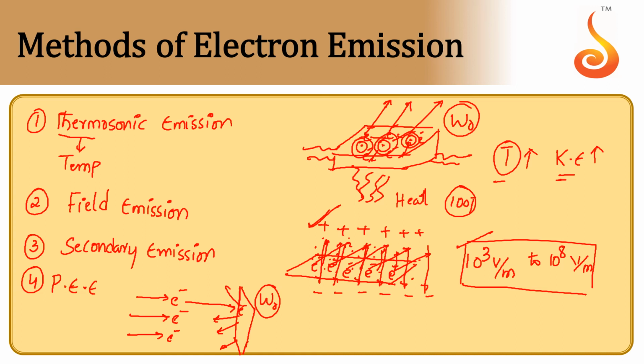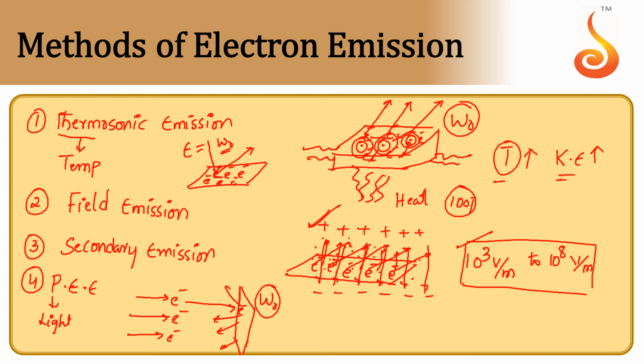photoelectric effect. So photo means light. Removing the electrons from the metal surface by using light is called the photoelectric effect. Though electrons are revolving around the nucleus, what happens when a sufficient amount of light energy falls on the metal surface, if the energy of the light is equivalent to or greater than the work function, then what happens? The amount of energy given by the light will be absorbed by the electrons, and once they have received that energy, within no time they'll come out, because the energy given is equal to the work function.